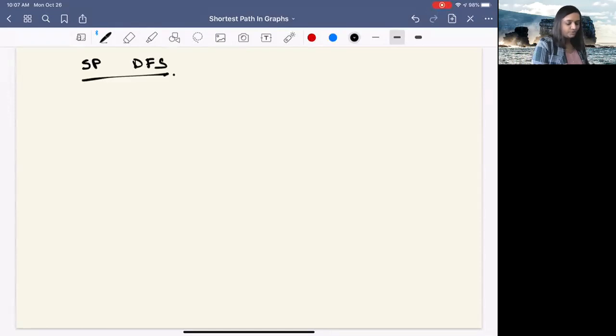Now, I'm not going to revisit DFS again now, but I assume that all of you are with me and you have watched all the lectures until now, and you know what DFS is and what the DFS algorithm or pseudocode is, what basically it does. So if we are finding the shortest path with DFS, then let's take an example that we have this graph